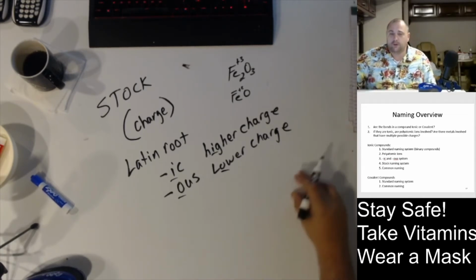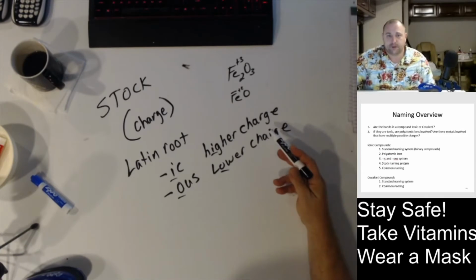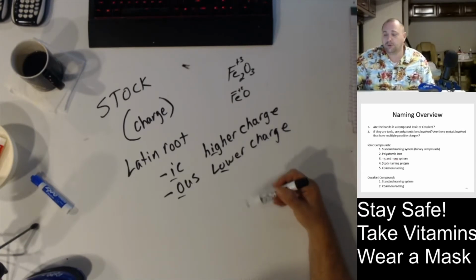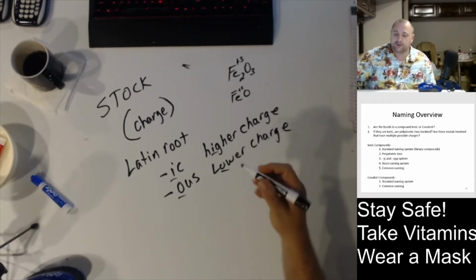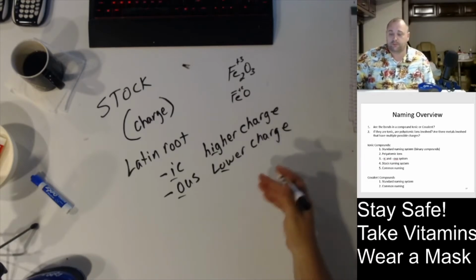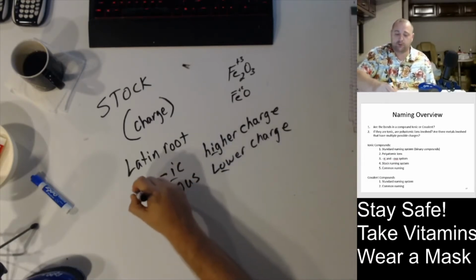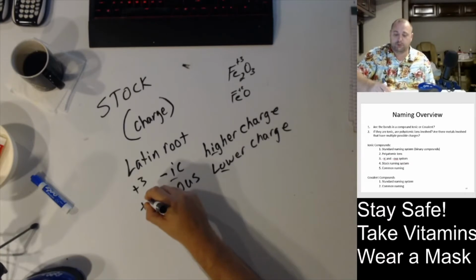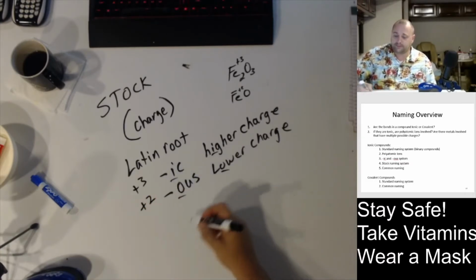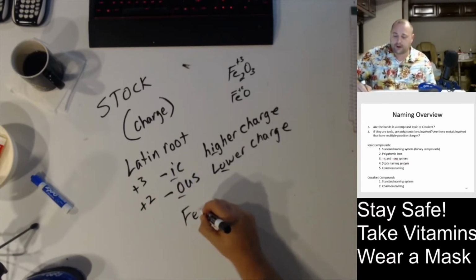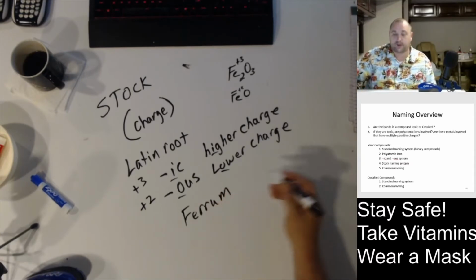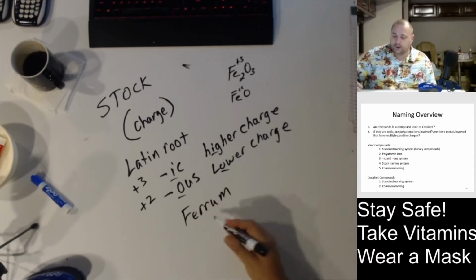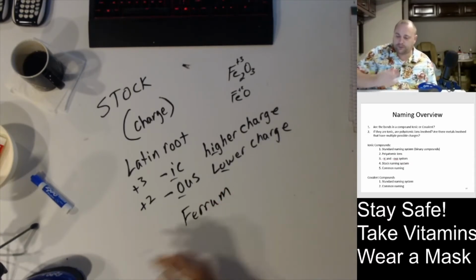All right. So the problem here is it depends on you knowing the possibilities. So when I told you iron can be +2 and +3, the -ic then would be my +3 and the -ous would be my +2. Then I'd have to know the Latin. The Latin for iron is ferrum. That's why that symbol is Fe. And so the Fe2O3,